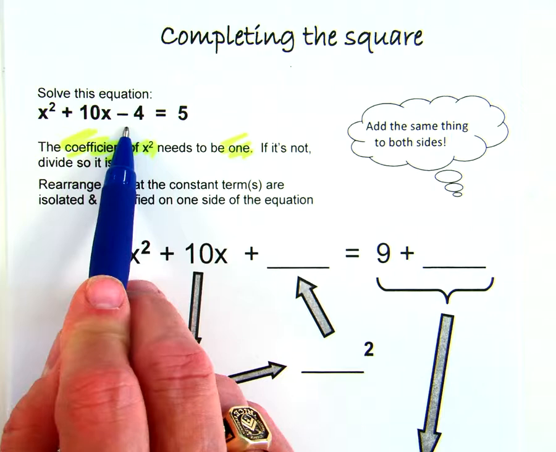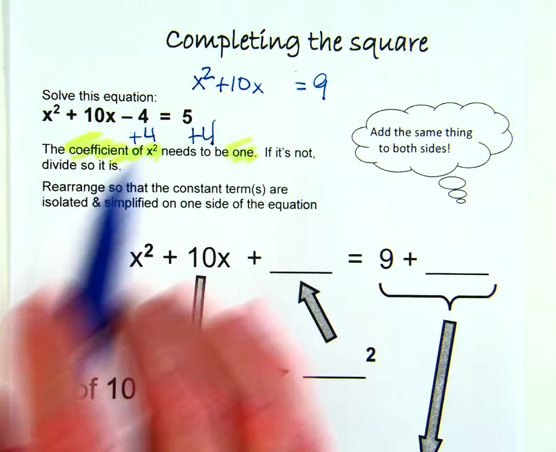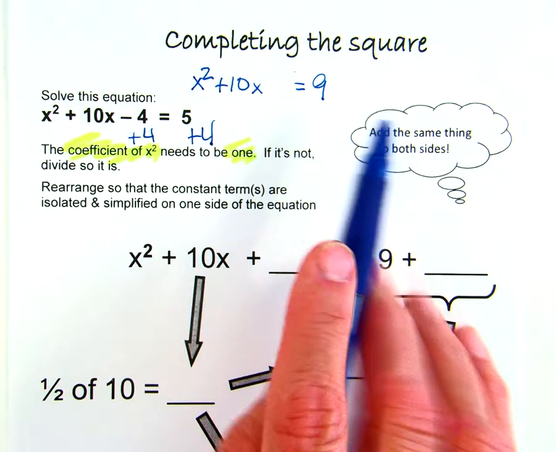I've banished it. On the left side, or at least on one side, are all the terms that include any kind of variable, and their like terms are combined. On the other side is only constants, solo constants, and any like terms are combined. All the terms are combined. Okay, so now I've noticed that the coefficient is 1, and I've rearranged it so that the constant is